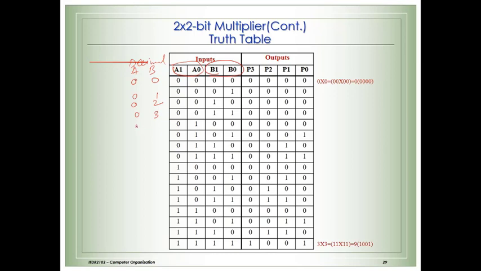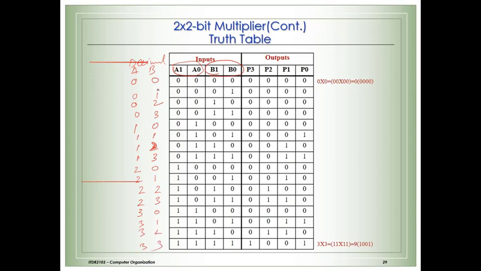Then again this is 1, then this is 0, this is 1, then this is 1, this is 1, this is 0, sorry, this was 1, 1, here 2, right? 1, 0, then 1, then this is 3. Similarly, now all possibilities for B are over, then again it will become 2, then B is 0, then 2, then 1, then 2, then 2, 2, then 3, correct? Then it will become 3, then 0, 3, then 1, 3, then 2, 3, then 3, right?